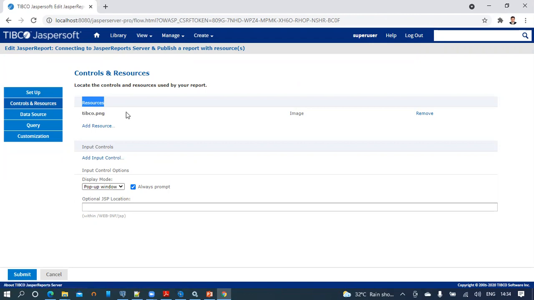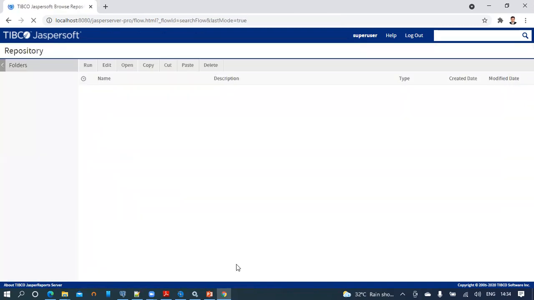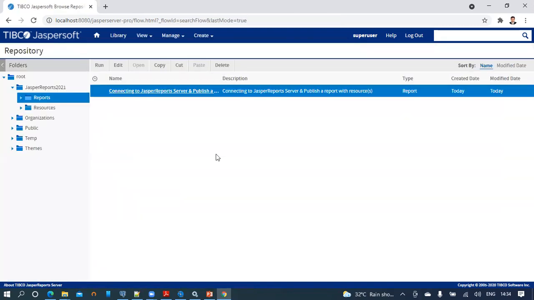If we have some other resources like sub-reports or resource bundle files, when we publish the report, the server takes those resources and keeps them here in the resources section. So this is how we can make a connection to the Jasper report server in the Studio, and this is how we can publish a report from Studio to the server.